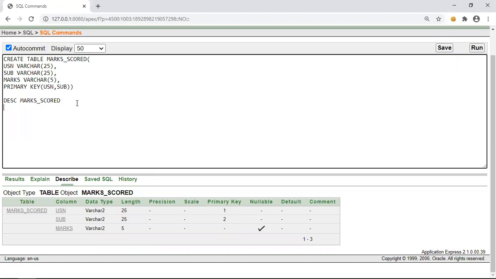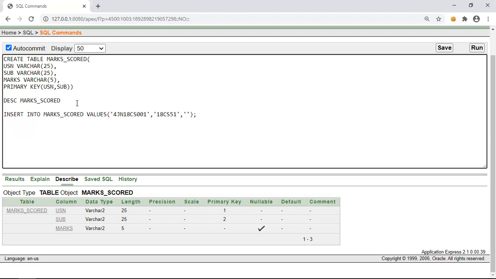Now let us insert a few values into this. Insert into values, 4JN18CS011. And subject also we can specify within single quotes, since the data type is variable character.